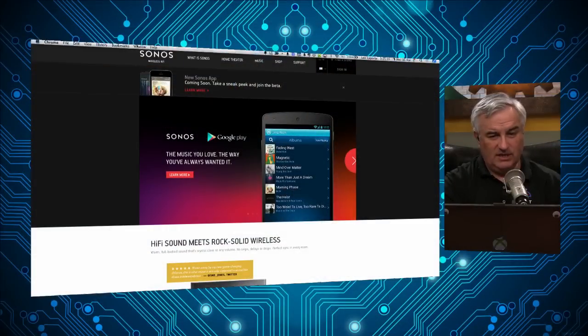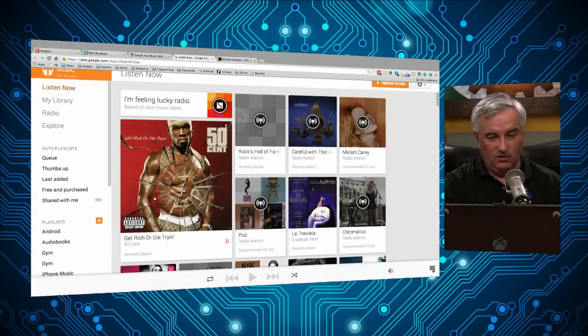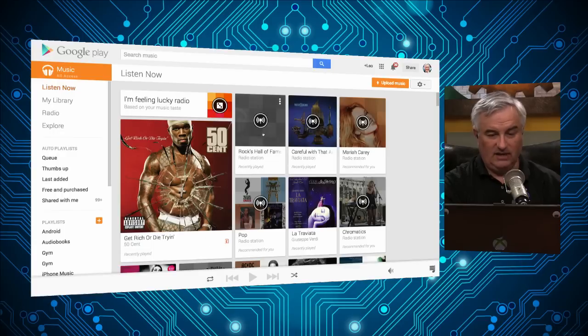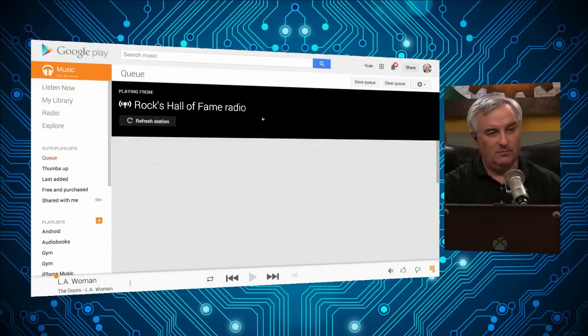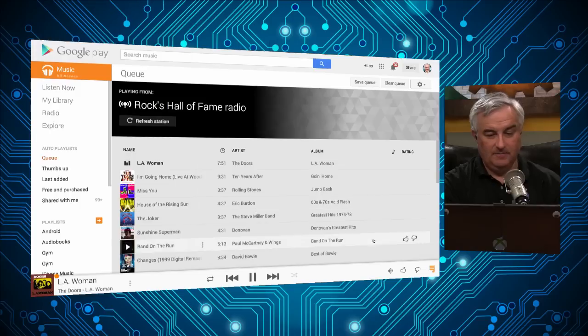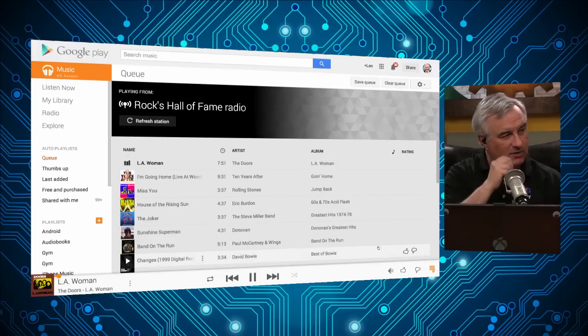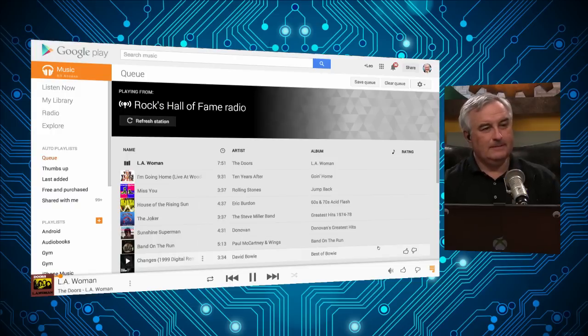Plus, Google Play Music has a really, I think, a very good radio capability. In fact, I was listening to this the other day, Rock and Roll Hall of Fame winning songs. And so I pumped it to my Sonos, played it throughout the house. It was so great. I love it. So if you have Sonos, this is good. They worked with Google. Like Google whitelisted them. They're not using the casting protocol. They're doing something interesting.